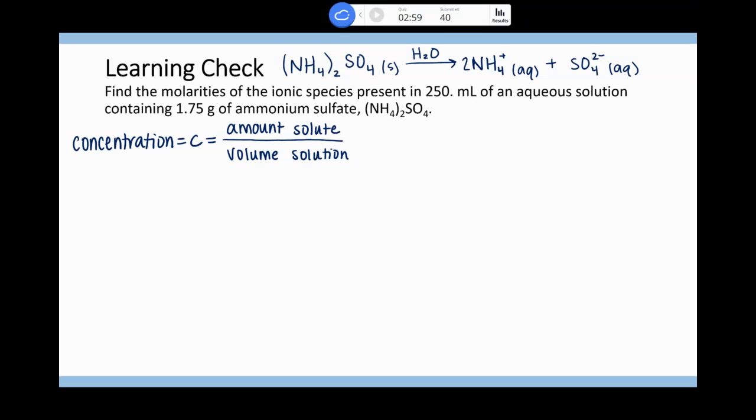What we're going to do is one long math equation going from the information that we're provided as far as amount of ammonium sulfate and volume, and then convert all the way to molarity of the ions. So just combining all the steps into one. So we'll do one ion at a time. Finding the molarity, we'll start with ammonium. So for NH4 plus,